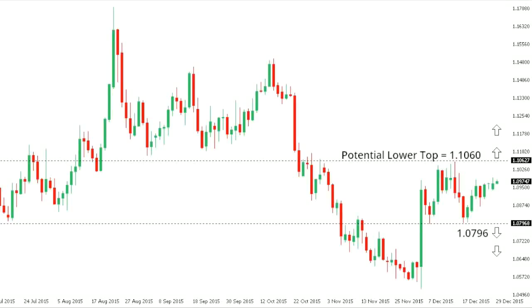Euro dollar. So the euro is still unsure of its next big move, with key levels above and below coming in at 110.60 and 107.96. A break above 110.60 would open the door for a more significant correction off that December 105.20 low towards the 113 area further up. But an inability to take out 110.60 followed by a break back below 107.96 would open